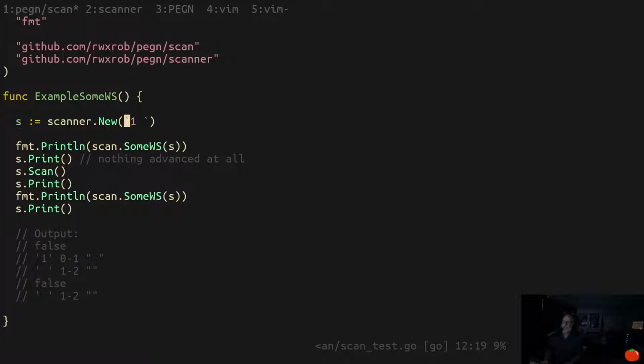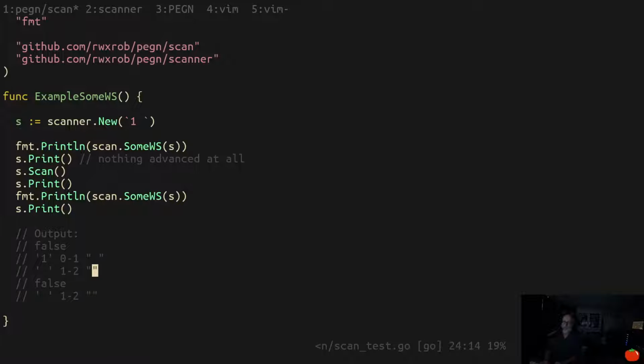If you pass in a string or a reader or a bytes buffer, any of those things, it will work. It will just slurp all of the thing into memory, and then it will allow the scanner to work on that bytes buffer. And so then we do this. You can see here it was false, the scan WS failed here, because why? And you'll notice too that it didn't advance the